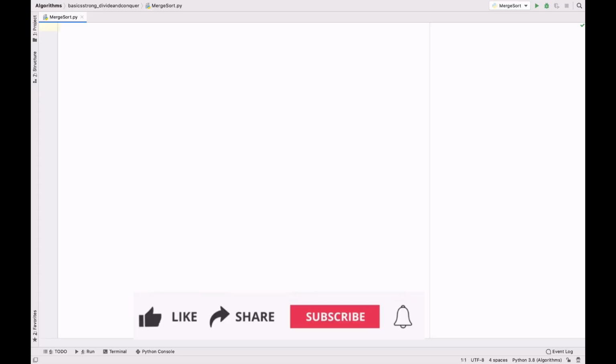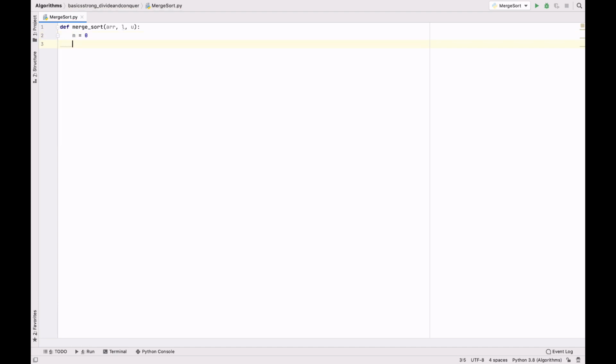Now let's have a code walkthrough of the solution. Let's create a function merge sort that will sort the given array. Let's pass the lower bound and the upper bound, the lower index and the max index. So we're going to find the middle element, the middle point M. We check if the lower bound L is less than upper bound U, then we calculate the